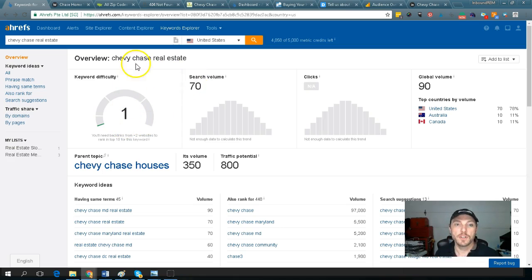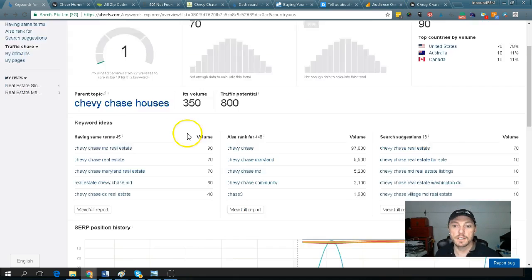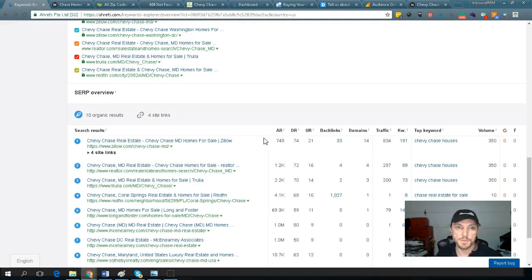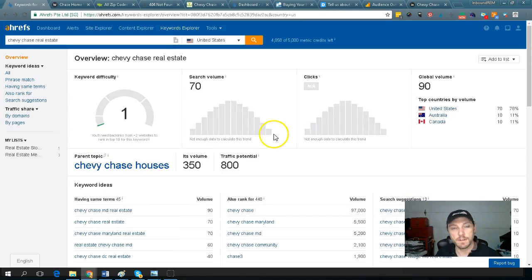And yet, Chevy Chase real estate, which is a top tier real estate keyword phrase, has a 1. If you use the advice that I give you, build the page content, you're probably going to get onto the first page just doing 3 links to your website. And that will be the case in 95% of all searches.